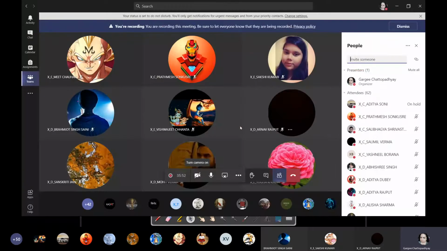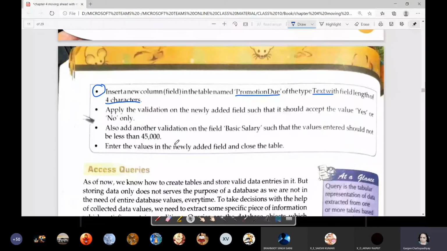Let me ask, raise your hands who can do this. Read the question. Insert a new column or field in the table named promotion due of the type text with field length of 4 characters.